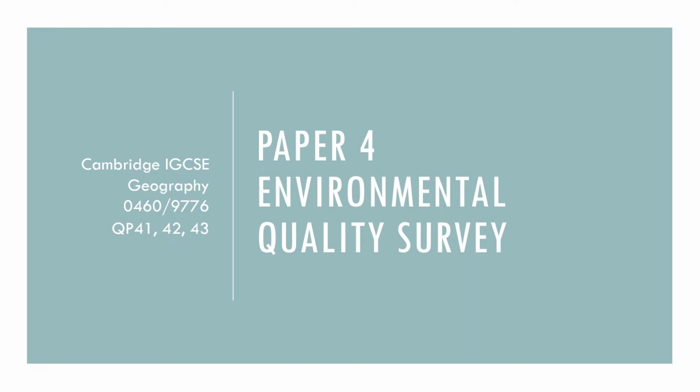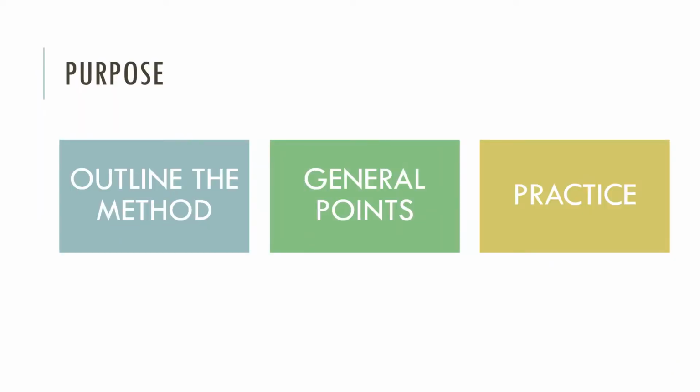Today I'll be exploring the Cambridge IGCSE Geography paper, in particular paper 4, and looking at all the different ways you can get full marks on any question that involves a student investigation that explores an environmental quality survey. So the purpose of this video is, unlike in, say, other videos I've done with map skills,